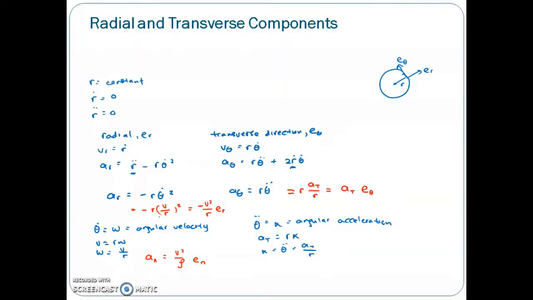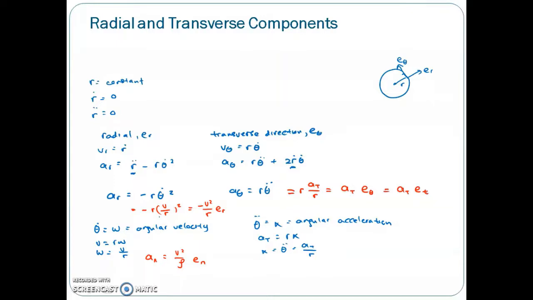Or here we can say that it is in our tangential direction. So in other words, under a constant radius, we can either express our velocity and acceleration in terms of